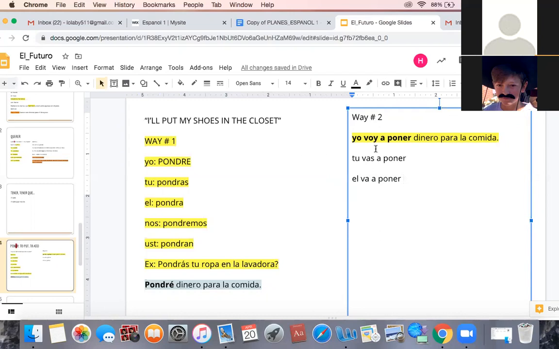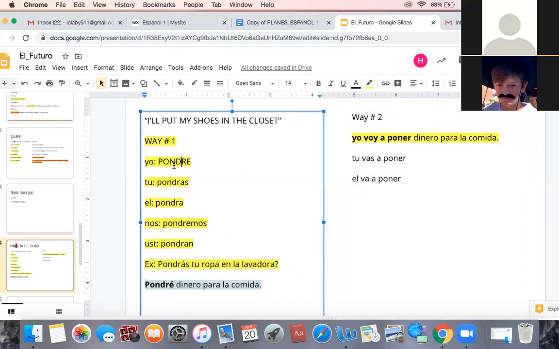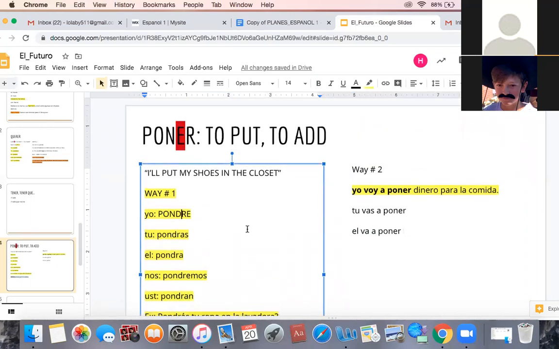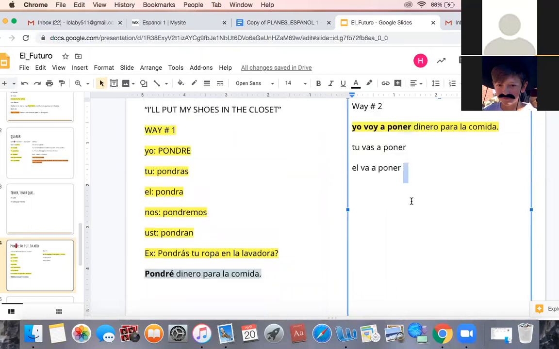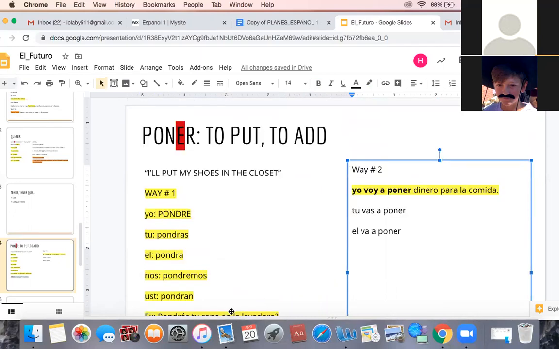I want you to focus. And plus you already know voy, vas, va, vamos. So much easier. You don't need to worry about taking the E and taking the D and none of that. You don't have to worry about that, okay? Because again, there's your original verb, okay? Entonces, I'm gonna stop right there with those.